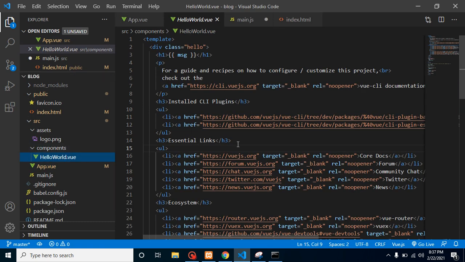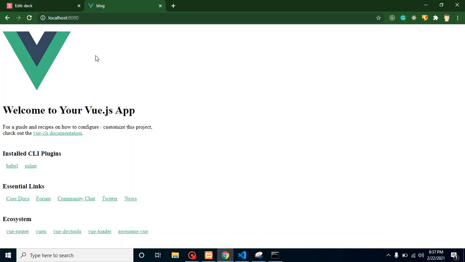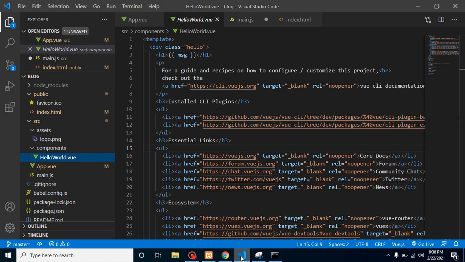You guys might be confused about why we are writing code like this. Some code we are putting in App.vue, some code we are putting in the HelloWorld.vue file. Why are we doing this? Because whenever you are making a big application, you cannot write all of your code in a single file. So we have to divide this code into separate files. Like we can make a separate component for the header, a separate component for the footer, and the search bar and all, right? In the upcoming videos we will learn more about components. We will create one component and we will reuse it and all, right?